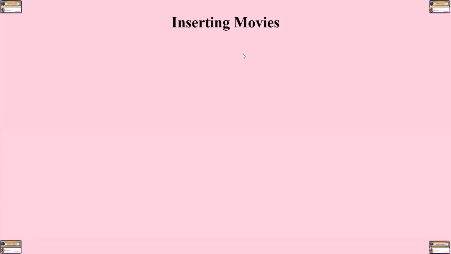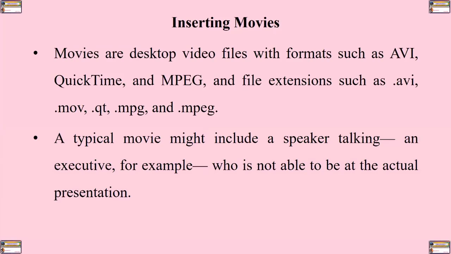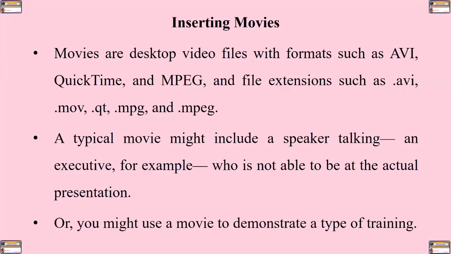Now, other than inserting sound, either as part of animation or as separate elements, you can also insert movies. Movies and desktop video files with the formats such as AVI, QuickTime, and MPEG, and file extensions such as .avi, .mov, .qt, .mpg, and .mpeg. A typical movie might include a speaker talking, an executive, for example, who is not able to be at the actual presentation. Or you might use a movie to demonstrate a